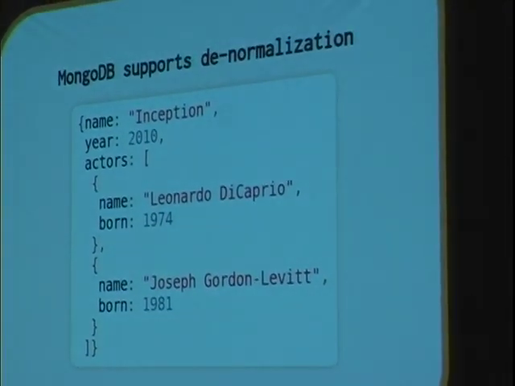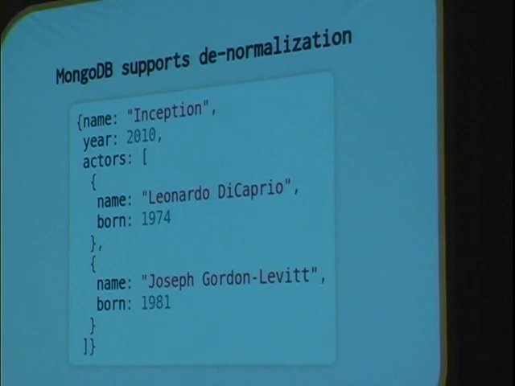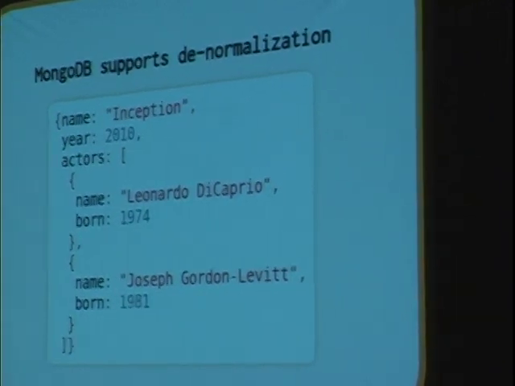If we were to store the IMDb, for example, in MongoDB this way, where each movie literally listed the actors inside of it, that would make it very quick to render a movie's web page. But if we needed to correct the date of birth or name of an actor, it means that we would have to run through every single movie they had ever been in in order to update that information. On a site like IMDb that's read far more often than it's changed, that's often reasonable. But on sites that need to be a bit more flexible,